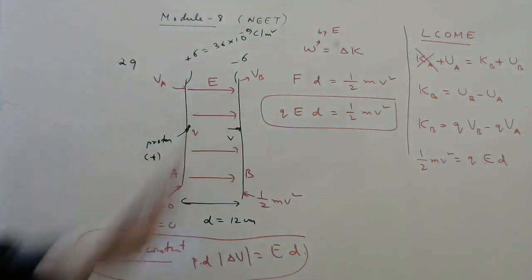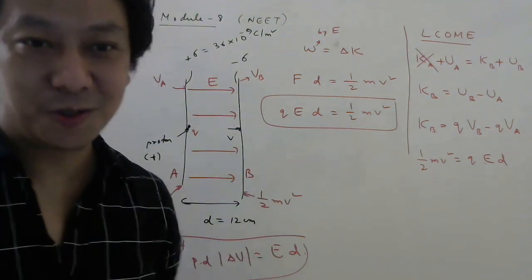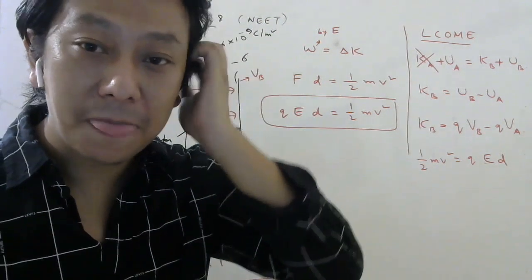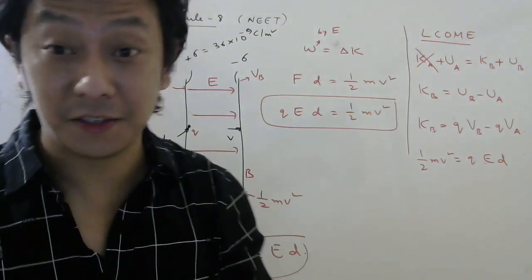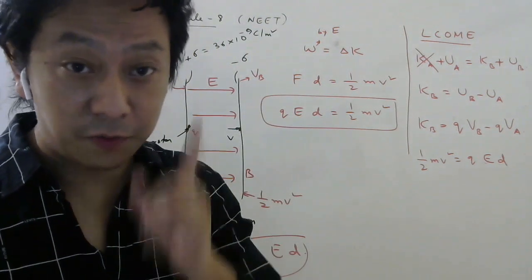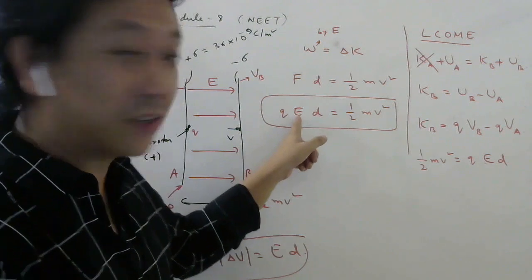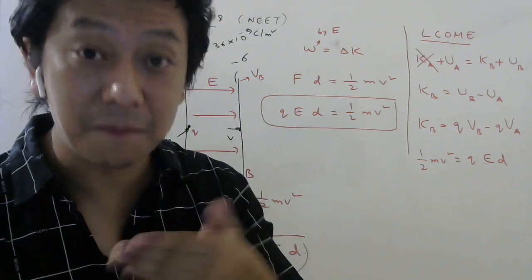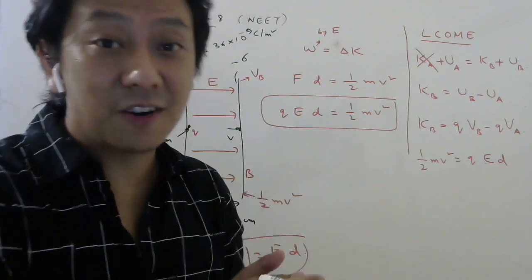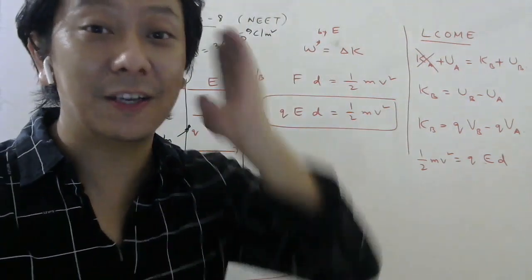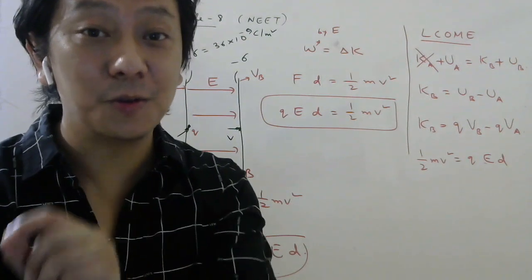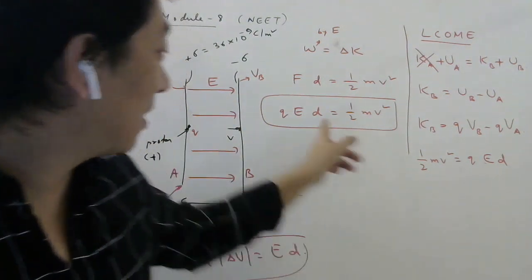Okay, another method is there, but let me not show so many methods. Let me tell you only to find what you do. Find the force, then find the acceleration. Since force is constant, why is force constant? Because electric field is constant. So acceleration also will be constant. Acceleration is force by mass. If acceleration is constant, then you can use the kinematic equations. V square minus u square equals 2as. Use that equation, same result you will get.